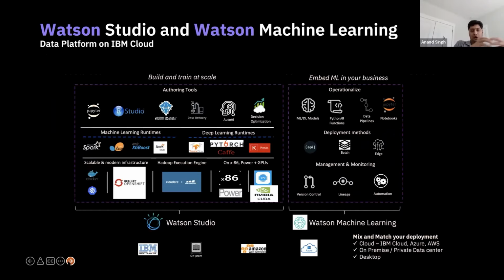So out of all those tools, let me pick two to go into more detail. One tool is Watson Studio. What Watson Studio does is, think of it as a front end for the data science interface. You can use all the tools offered by it, for example, Jupyter Notebook, RStudio, AutoAI, Data Refinery. It also has a lot of inbuilt supported frameworks for machine learning and deep learning